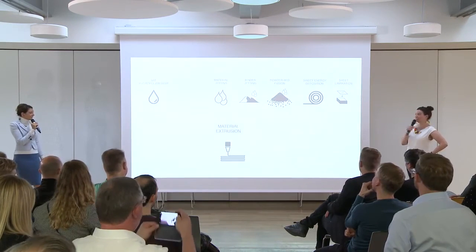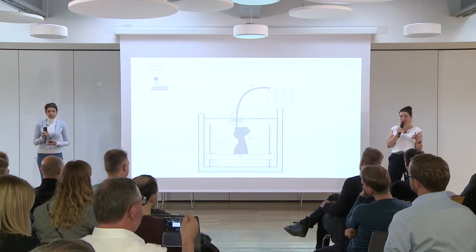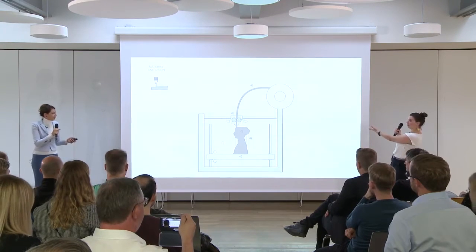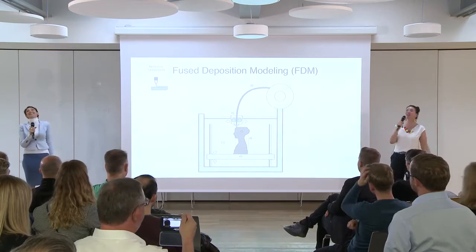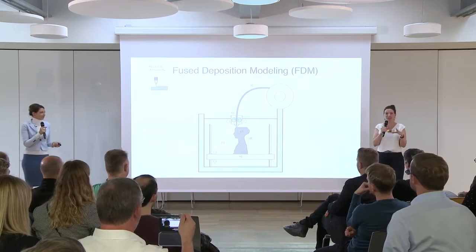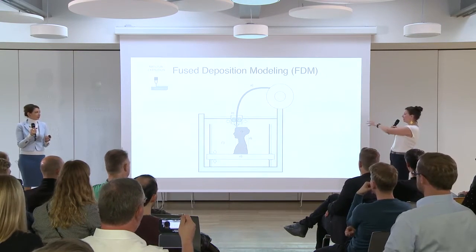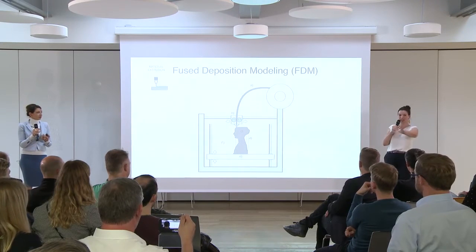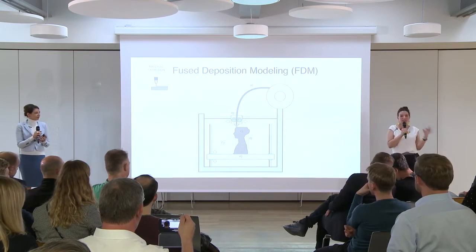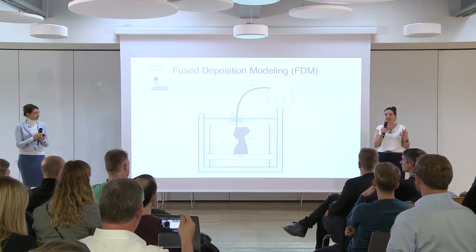Next, material extrusion. Material extrusion is really not a new thing. This has been around since the 80s. And this technology is also known as fused deposition modeling, short FDM. This is really what everybody has seen. It's this plastic thing that gets melted, and then it puts layer on top of a layer on top of a layer until you create stuff. And the technology has been around since the 80s,